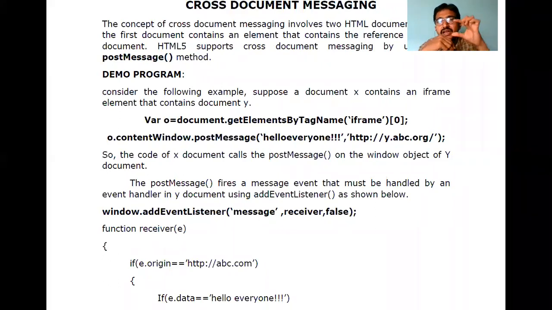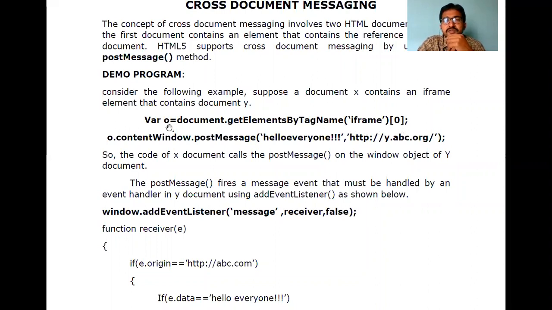Cross document means a small document frame will be there. That can also look like an image or hyperlink. Once you click on that, it opens another document. So if you want the full view of the content of that particular document, you can click on that frame and it will open. Like this, we can have a lot of frames in a particular document. If you want to study each frame, iframe of 0, then iframe of 1, iframe of 2.